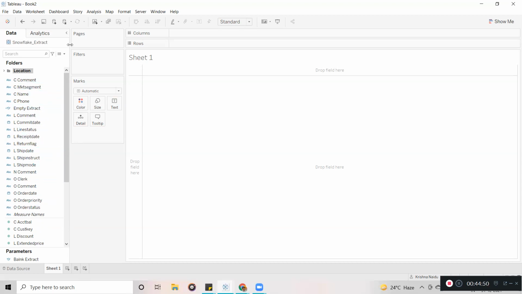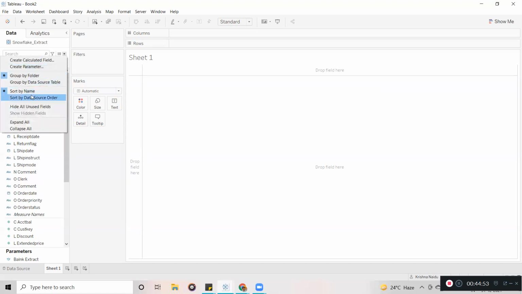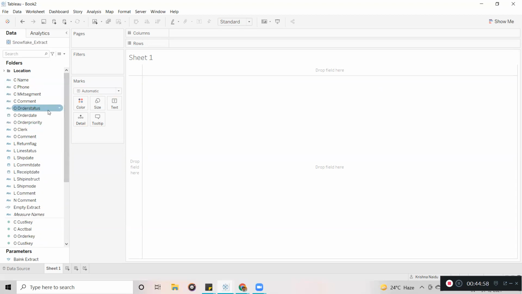If you don't want this, you can go here and click the sort by data source sort. Now automatically it is going to be sorted and stored based on the table. So this is how you can organize your data. Why organize? Because it gives meaningful information. For example, if the customer asks you to create a data source, they are going to create reports themselves. Once you create it this way, that works.